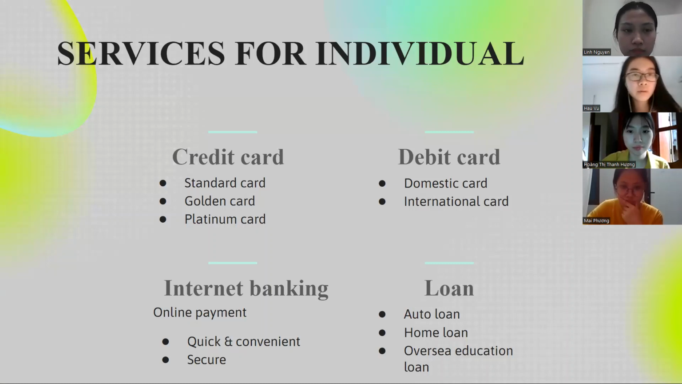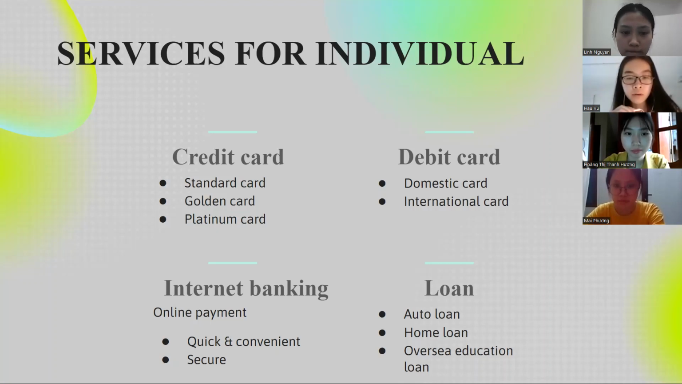So I will present about the service for individual. BIDV provides many services for individual customers, including credit card, debit card, internet banking, and loan. For the credit card, BIDV issued four types of international credit cards of different classes: standard cards, gold cards, platinum cards, and infinite cards. With the international credit card, users can conduct transactions at ATMs with a Visa or MasterCard logo in many countries. For debit card, BIDV